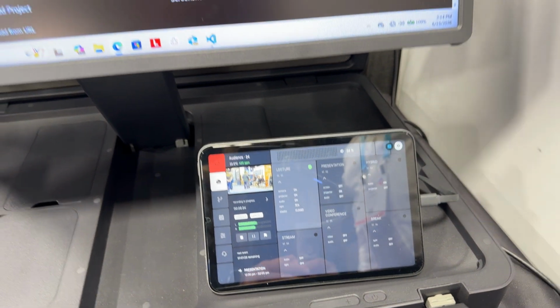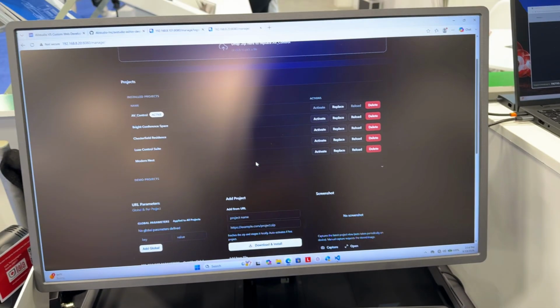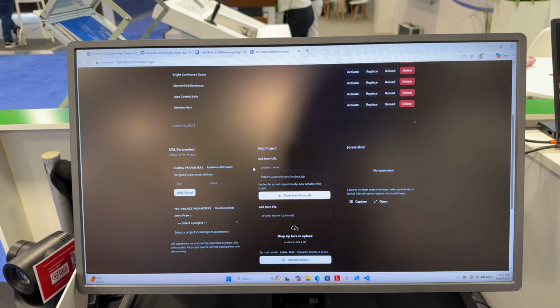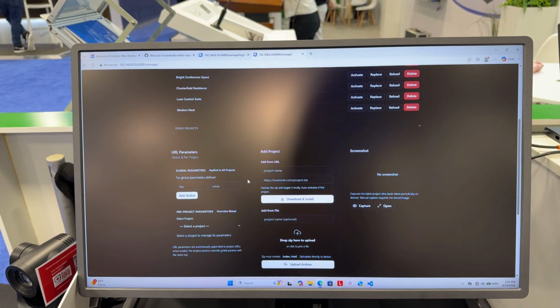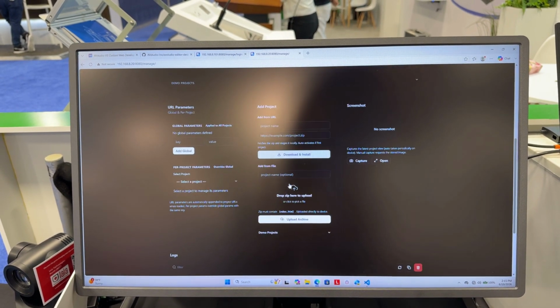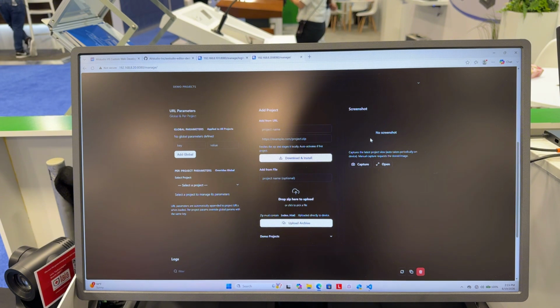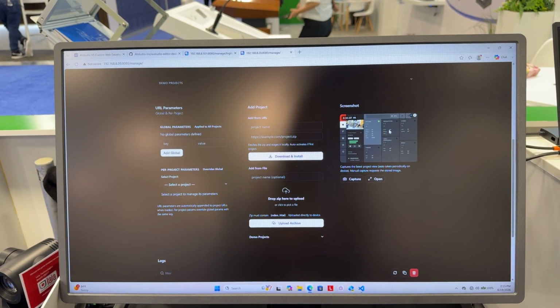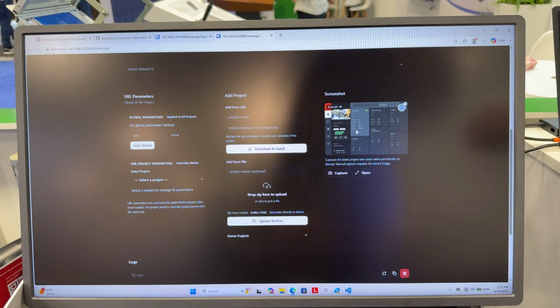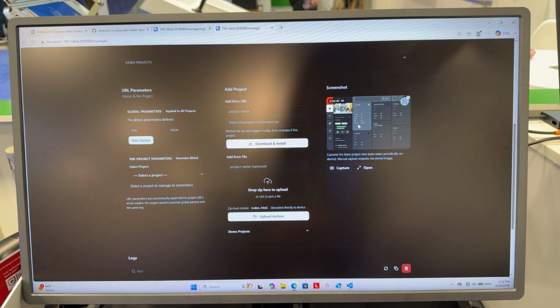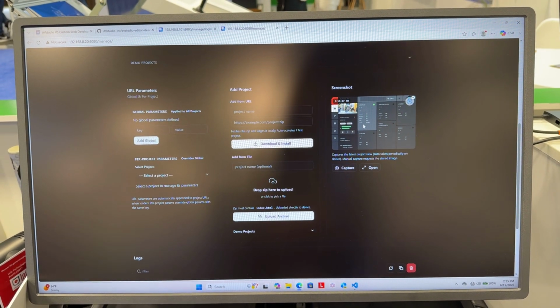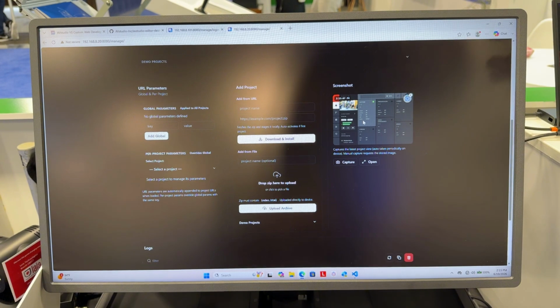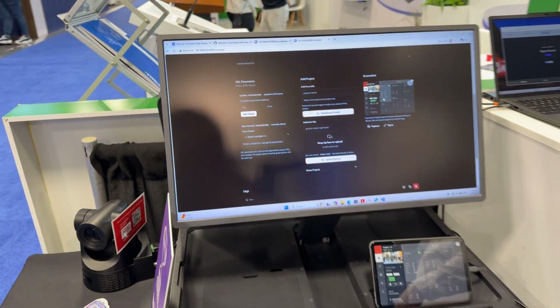Next I'm going to show you that you are able to set up the parameters, everything from the mobile device, but you can do it remotely. You can upload the project, and also an interesting feature that might be useful is that you can do a capture from the current screen. Very useful if you're working remotely. So now let's move to the